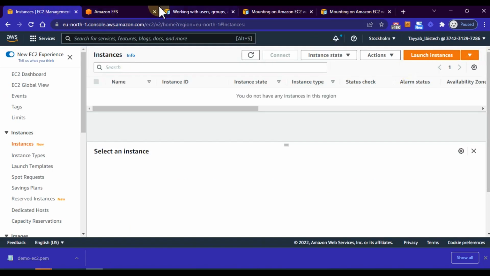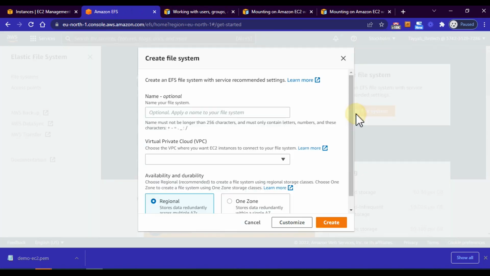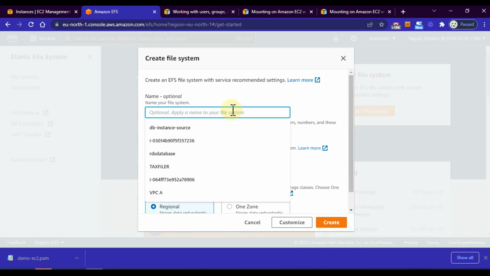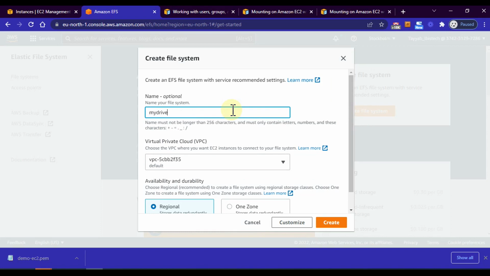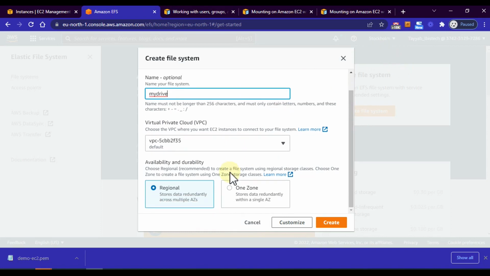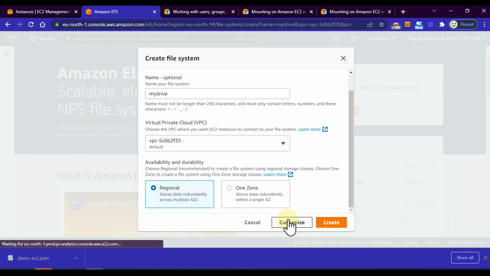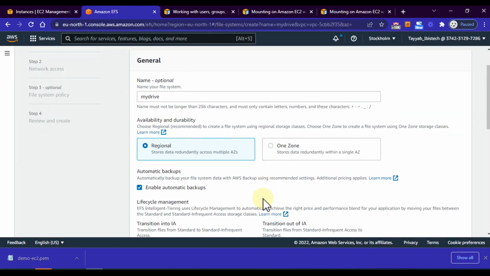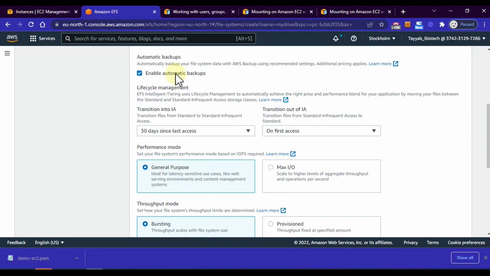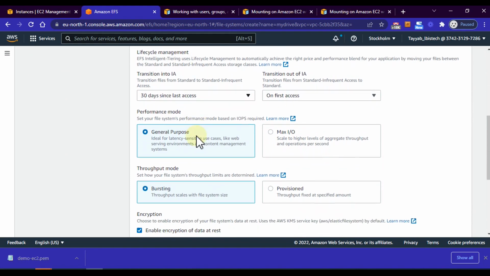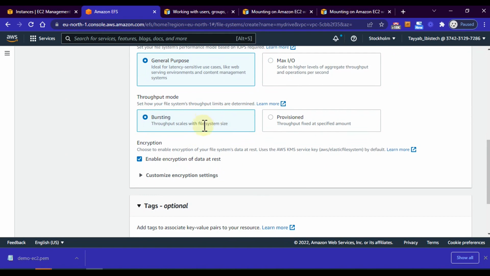and let's first of all create an EFS volume. Let's say it's my drive, and there are two options, one is regional and one is one zone. You can go to advanced options if you like. Here you have automatic backup already enabled by default, and bursting if your application has more input output operations,